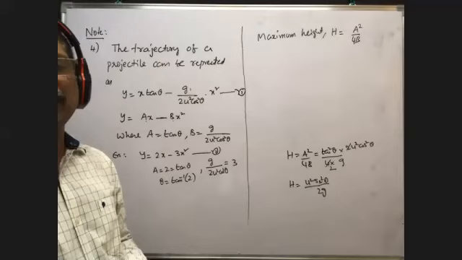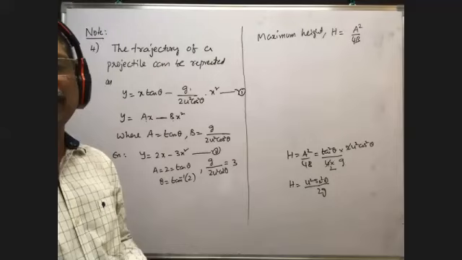At that time, suppose the coordinates of this position of the oblique projectile are, say, x and y. Suppose this is the x-axis and this is the y-axis. Then the coordinates of the oblique projectile whenever it reaches the point P are x, y. That indicates this particle is at a distance y along the y-axis and at a distance x along the x-axis. That is the meaning of coordinates. Whenever the oblique projectile reaches the point P with coordinates x, y, it has traveled a distance x along the x-axis and y along the y-axis.